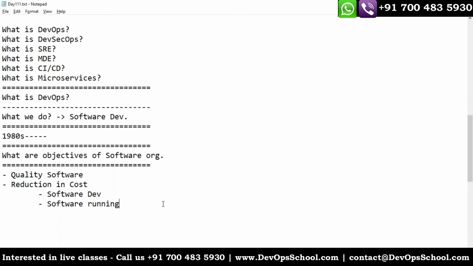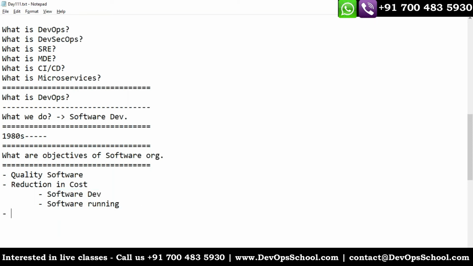Or Stack Overflow. A lot of software you use, MS360, and all this. So it must be running somewhere, right? So the objective of a software organization is reduction in cost for software development and software running.